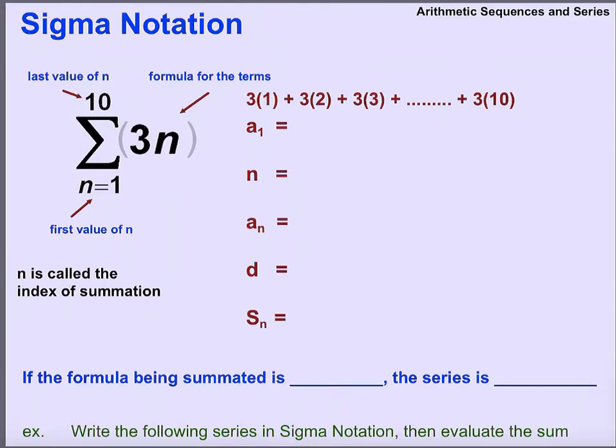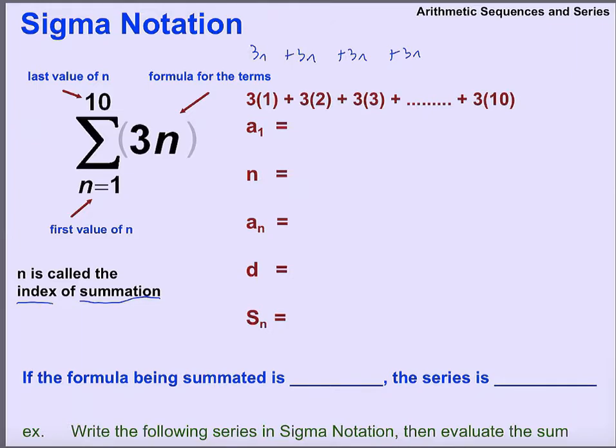What this sigma notation means is we're going to add up 3n over and over again. That's all it means. 3n plus 3n plus 3n plus 3n. That n has a name. It's called the Index of Summation. And it changes every time we add another 3n. So we're going to add 3n when n is equal to 1, and then 3n when n is equal to 2, and 3n when n is equal to 3. And we're just going to keep going